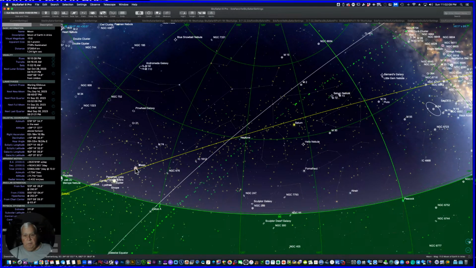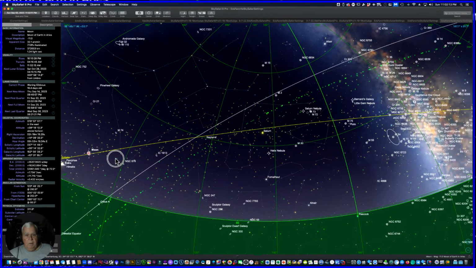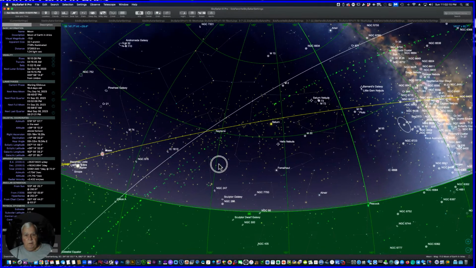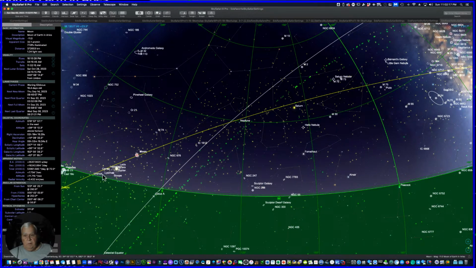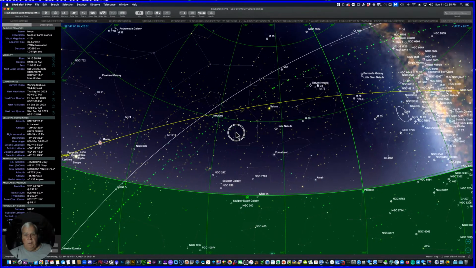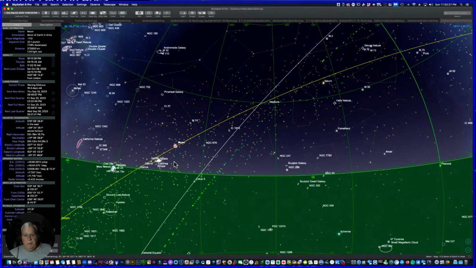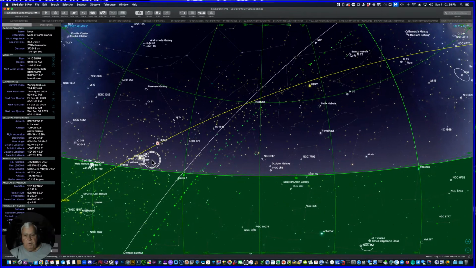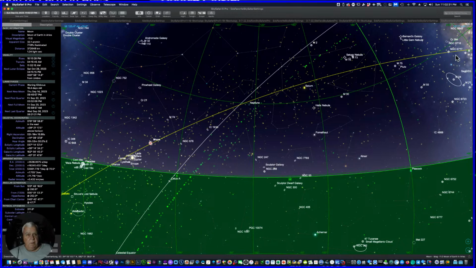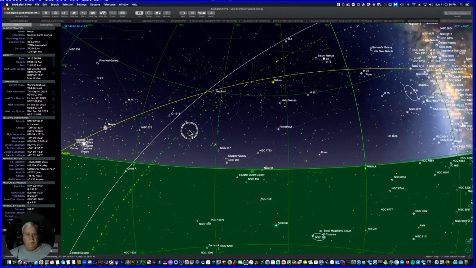Right behind the moon, this is the track that Jupiter, the moon, the planets, they all kind of travel across